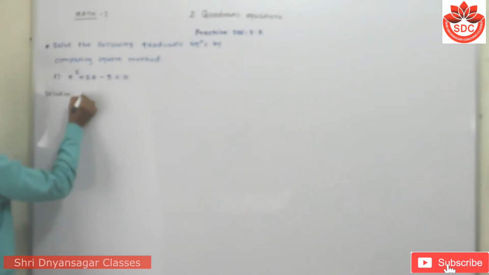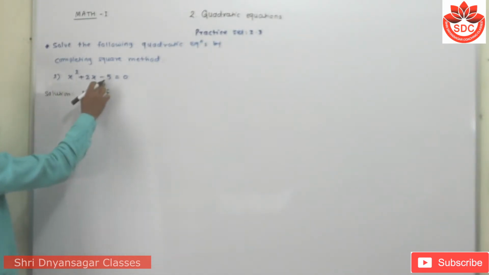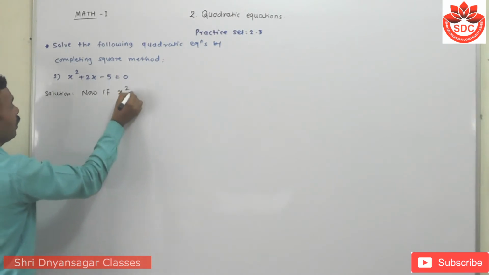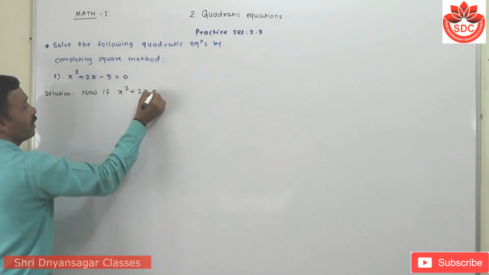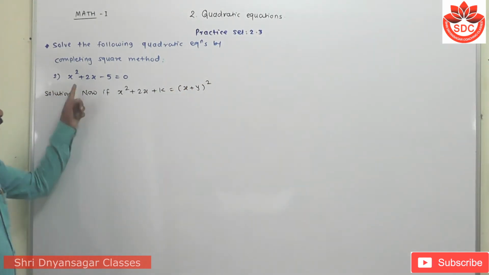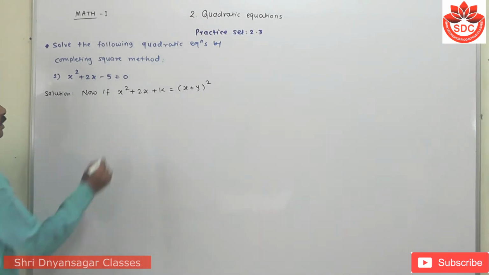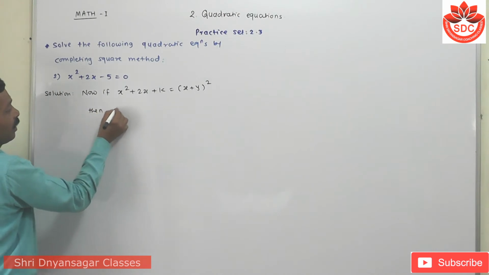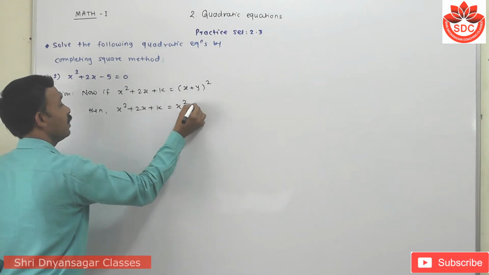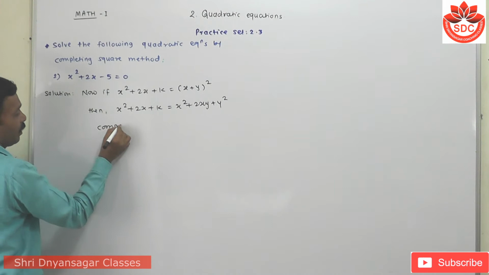Now, we have to find the third term, because this is not a perfect square. For finding the third term, take x square plus twice x plus k is equal to (x plus y) whole square. Here is the first term, the middle term sign is plus, so take x plus y. Then squaring this, we get x square plus twice x plus k is equal to x square plus twice xy plus y square. Comparing both sides, we get